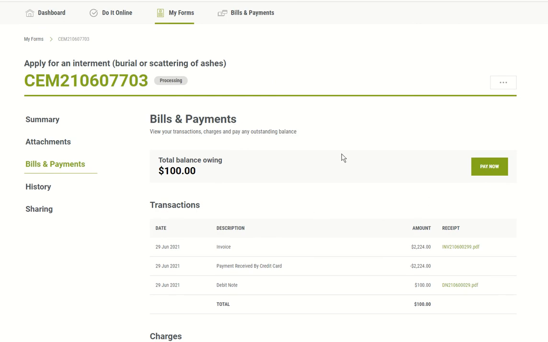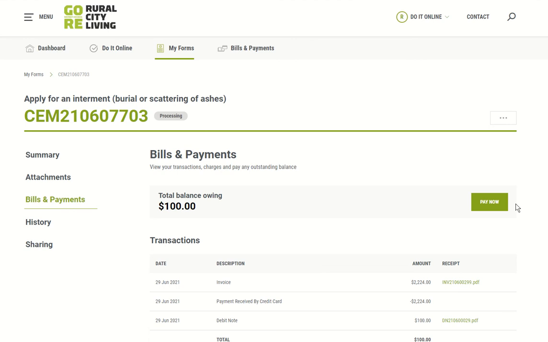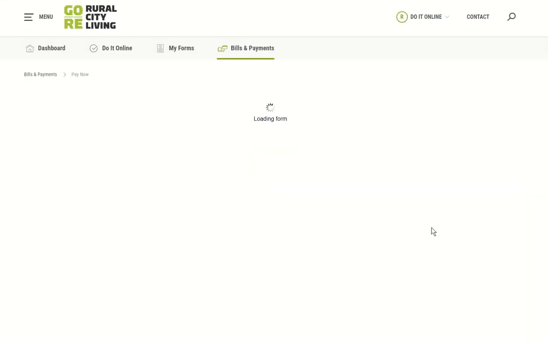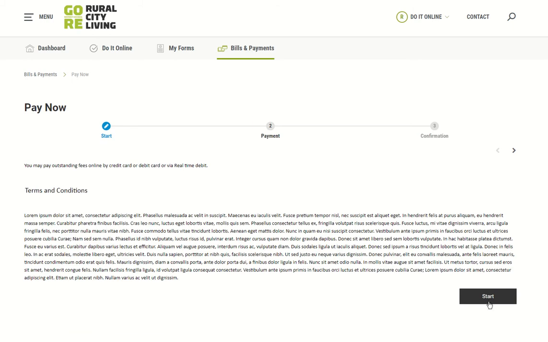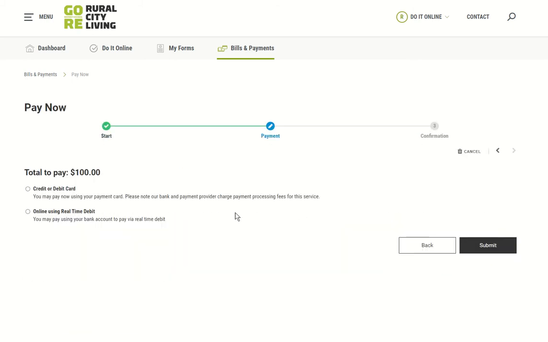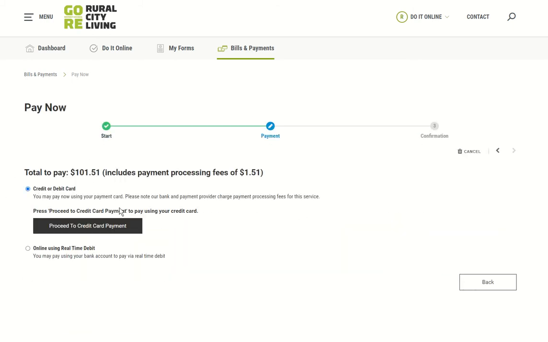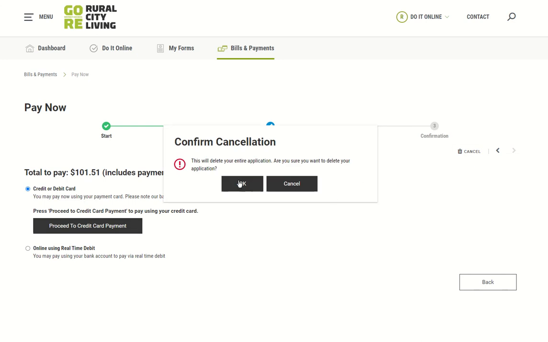So typically an email will have gone to the customer as well, but I can, through the portal and probably through a link in that email as well, I can end up in this form here where I can come in and I can pay for that extra $100 by credit card or debit card. I won't bother doing that just now, but